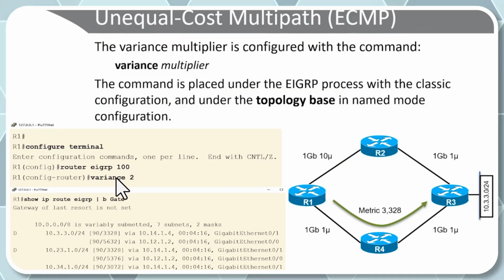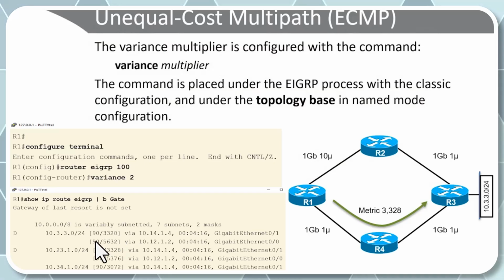As soon as we put this variance 2 command, something will change. Now if you run show ip route eigrp, I want to go where? 10.33.30. So here we can see